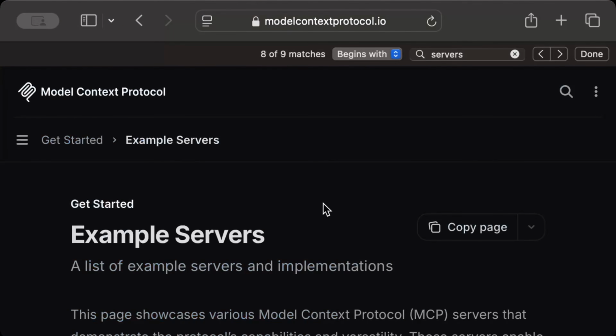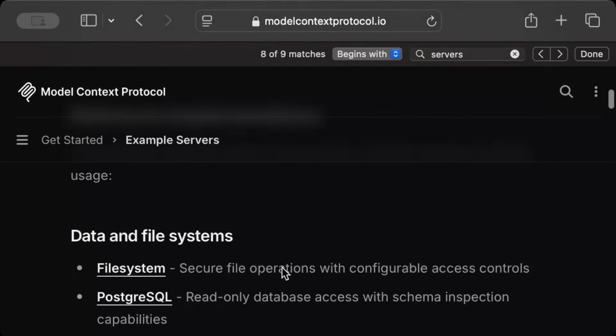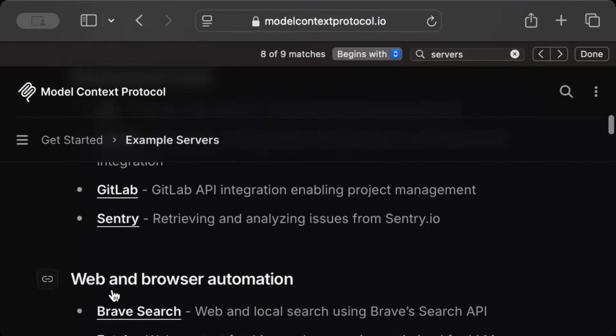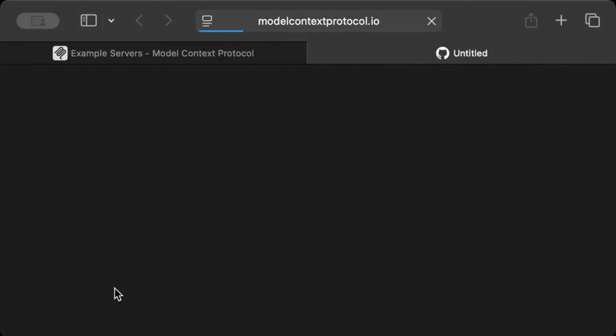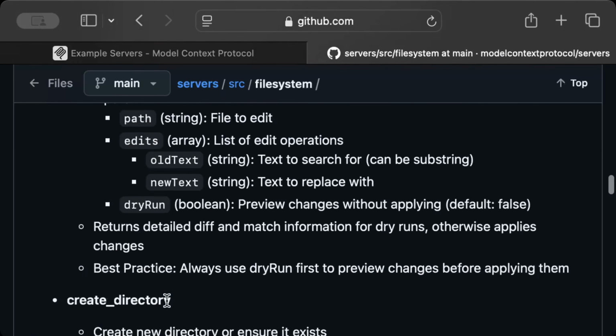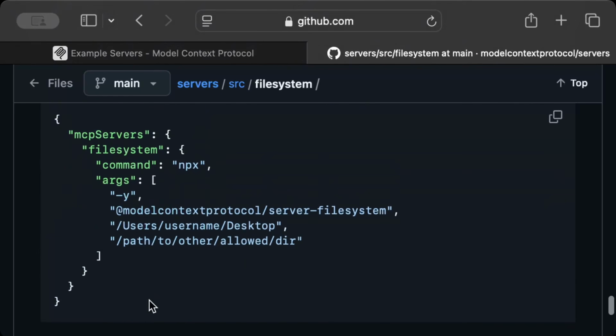Similarly, there are example servers from Claude as well. If you scroll, you can see file system, Postgres, SQLite, Google Drive, Git, Sentry. So let's say file system. And with this one, you can give access to your file system just like we added our own MCP server, as simple as that. So try it out, use different MCP servers, and let me know in the comments